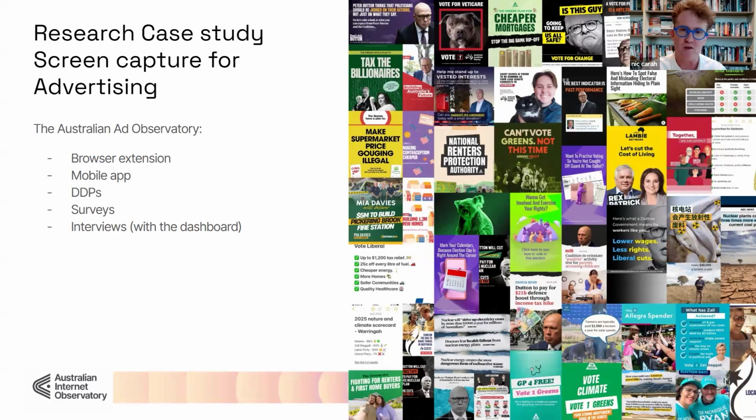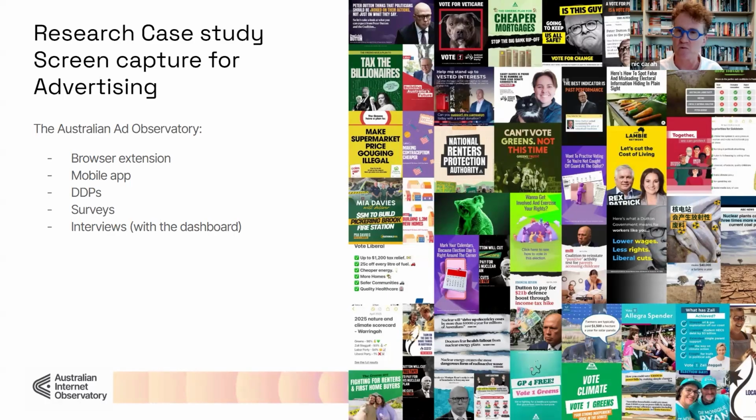Additionally, and this is maybe the final part of the project that we also want to draw attention to and encourage researchers to think about, is that at one level, data donation allows for quite large scale analysis. So in a project like the Ad Observatory, in the first phase, we were donated over 700,000 ads. In the current phase, I think we're tracking toward over 300,000 ads.